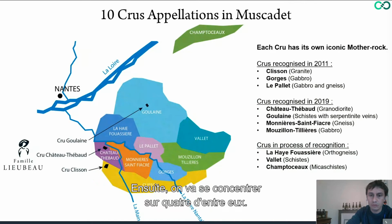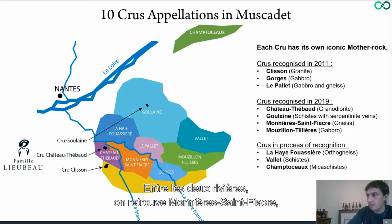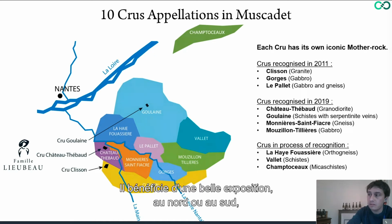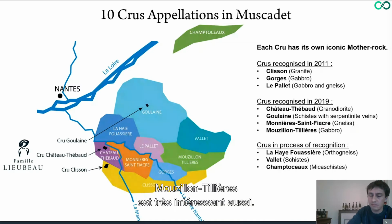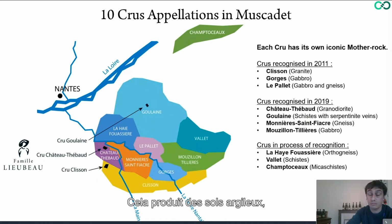Then we're going to do a small focus on 4 of them. So I will say a small word about the others. In between the 2 rivers, you have the cru Monnières-Saint-Fiacre, which lies mostly on gneiss terroir. It benefits from very nice exposure, north or south, depending on whether the slopes are going onto the Sèvre or the Maine. Mouzillon-Tillières is also a very interesting cru, which is made from a very unusual rock called gabbro, that produces soil with some clay and very deep